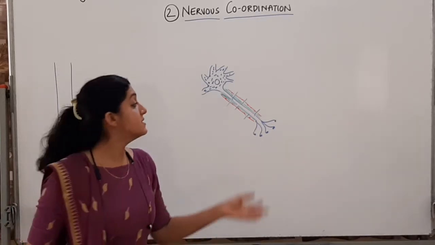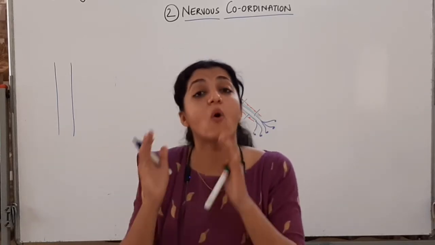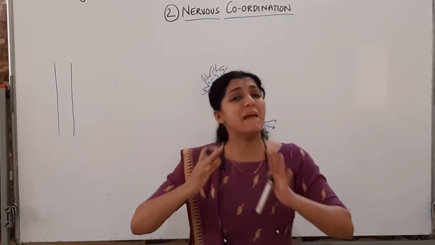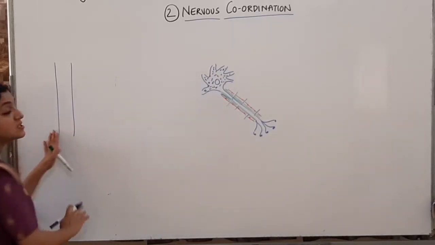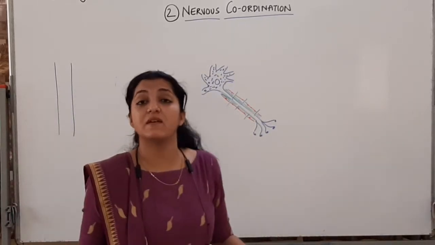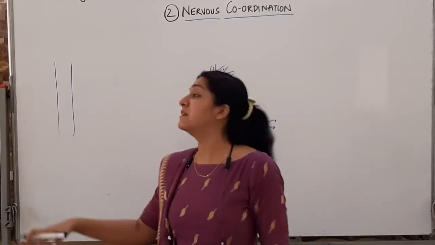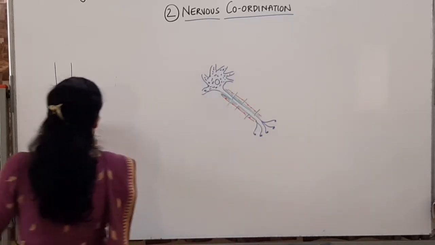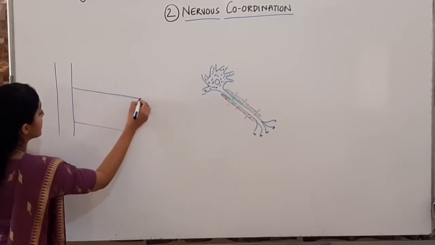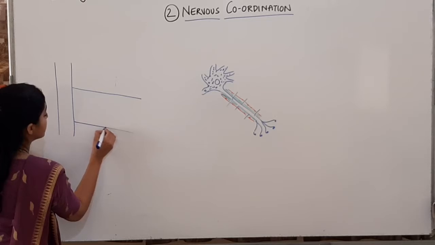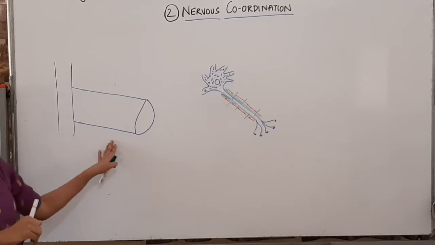All right. Now let us see where these neurons are present. जब हम एक nerve की बात करते हैं, when I'm speaking of a nerve, it's going to be many neurons together. So see, if this is my spinal cord, we will speak that our central nervous system is made up of brain and spinal cord. All right. Spinal cord से जो spinal nerves निकलती है, I'm going to do that for an example over here. So if this is my spinal cord and one big spinal nerve is coming from here. This is my spinal nerve. So it's actually this big nerve. This is a spinal nerve.